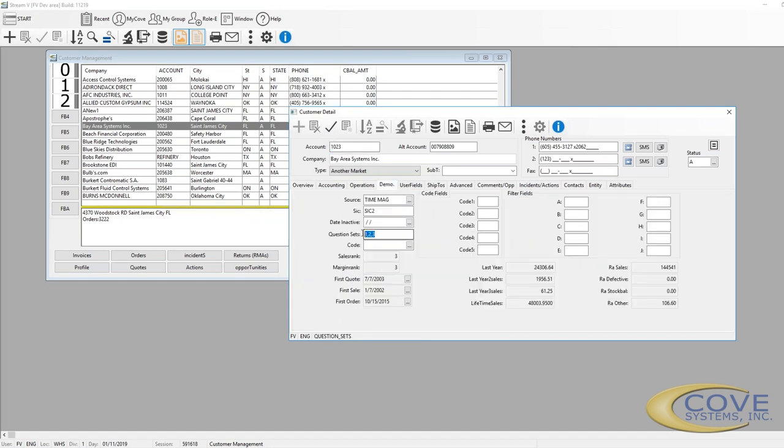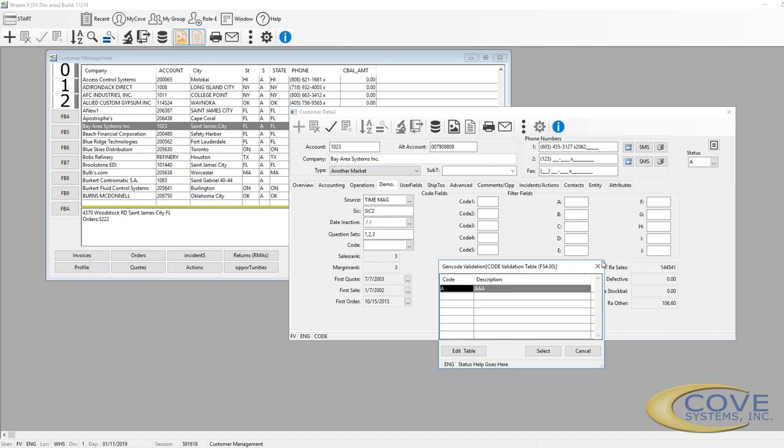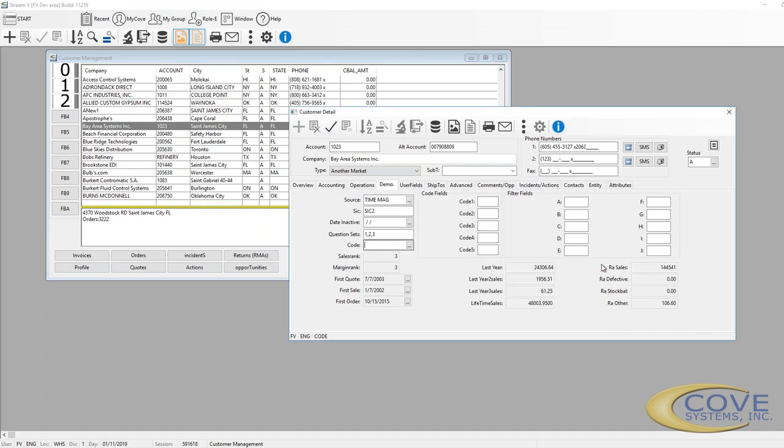And here's where you put the question sets in. The code field is just a free-form field or table-driven field for whatever you'd like to use it for. The sales rank and sales and margin rank fields are updated by a nightly job that tells you where the customer is in sales ranking and where the customer is in margin ranking. Number 1 is the highest ranked margin customer. Number 1 in sales is the highest ranked sales customer. Then you have first quote, first sale, first order,